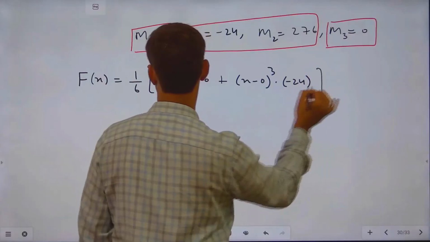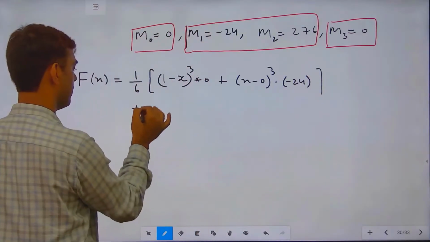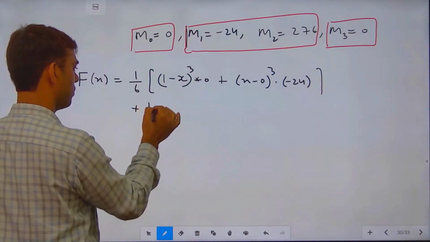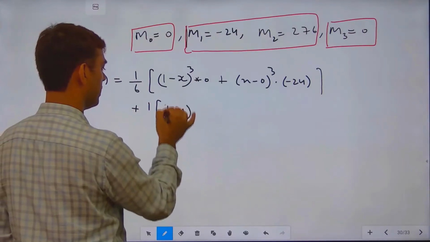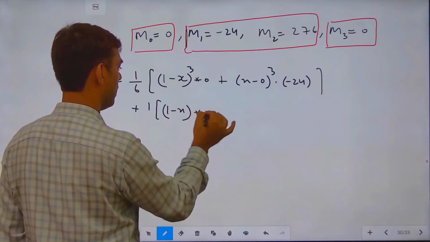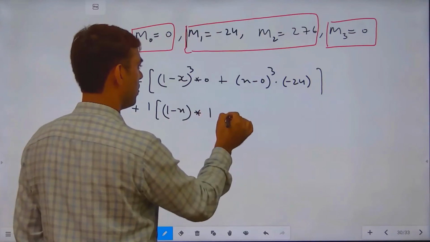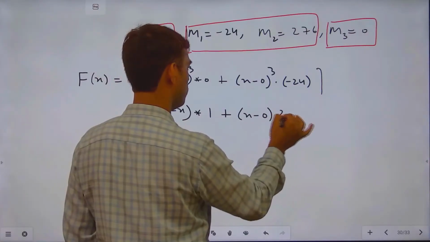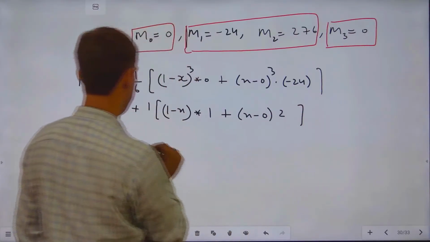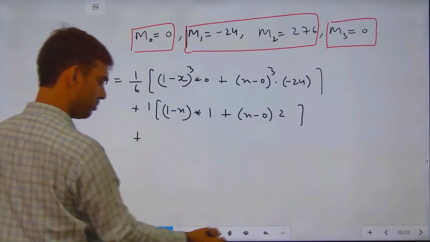That is the first term; second term plus 1 into (1 minus x) into f0 with a 1 plus (x minus 0) f1 with a 2 here, not plus, minus